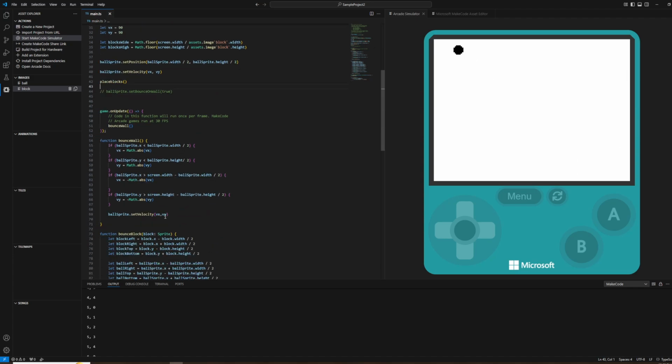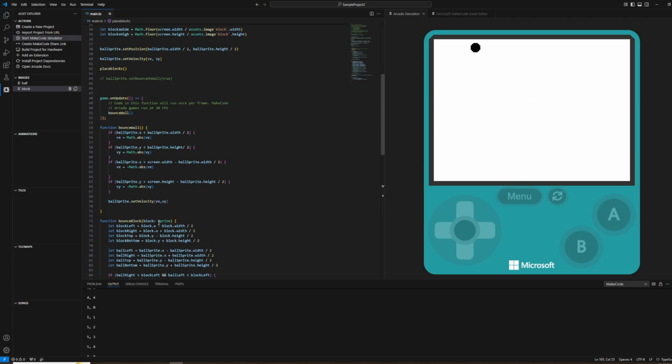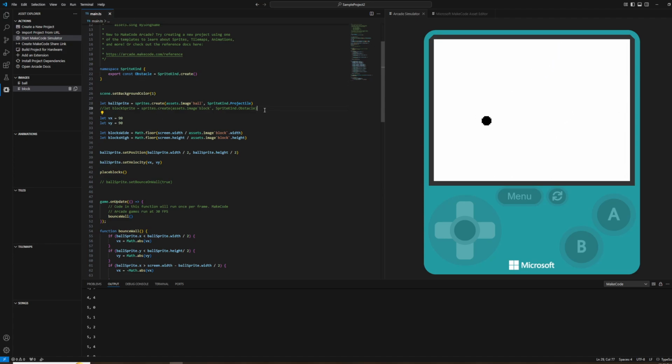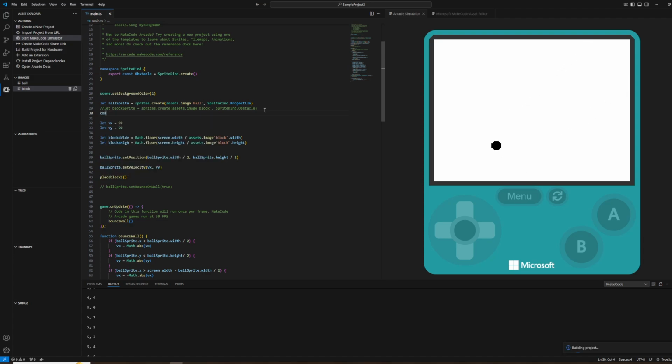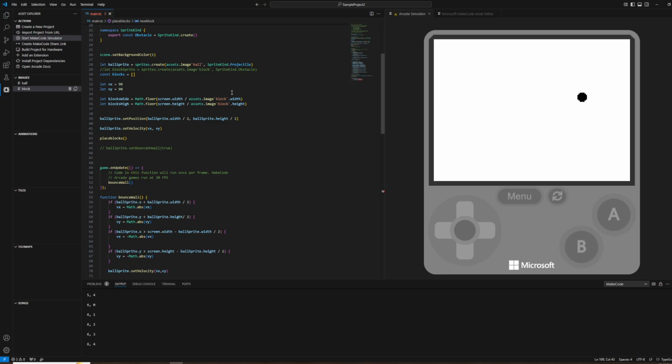How will we actually place our blocks, though? Well, the way we do this dynamically is, let's create an empty blocks thing. So for this we can do const blocks equals an empty array. Okay, and then inside of here, we'll say let new block equal sprite dot create, and then our image is going to be our